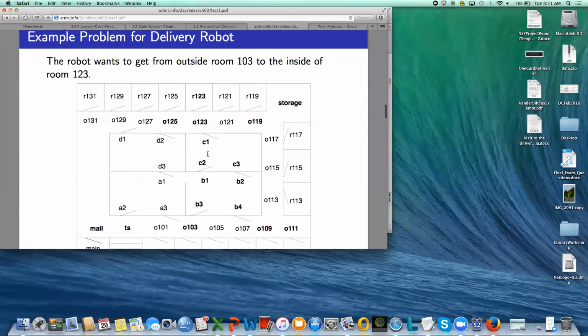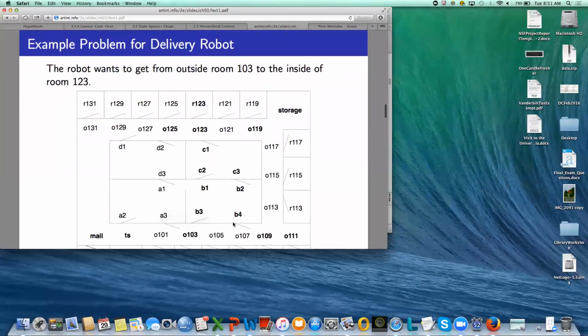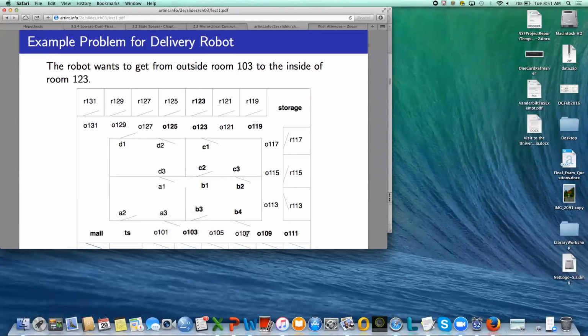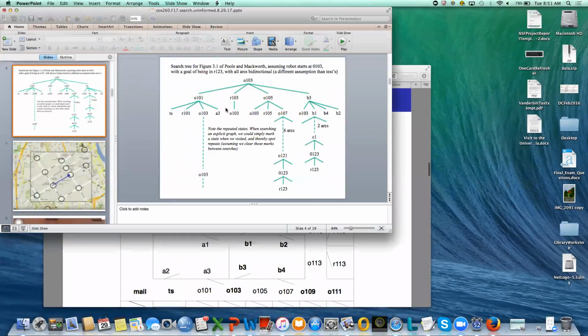Let's say that I had this situation, and I was trying to get from here to here. I might go from 05 to 07 and back to 05, 0105. I might go from here to here and then back again. And I illustrated that in this graph here. I'm sorry, 03 to 01 back to 03. In this first problem, if you wanted to make sure that you were not visiting repeated states, you could just put a little mark at that location. So I'm at 0103, I go to 0101,